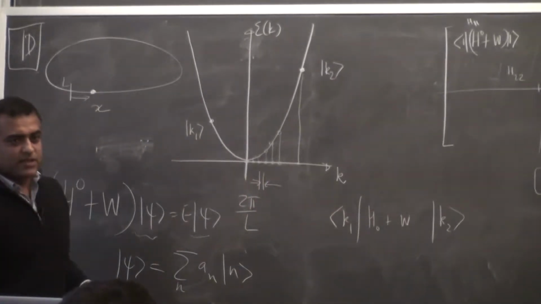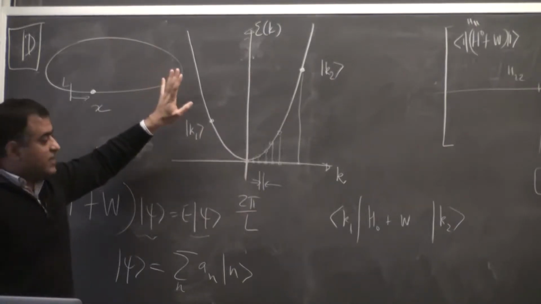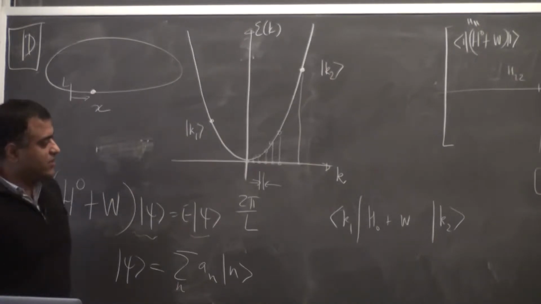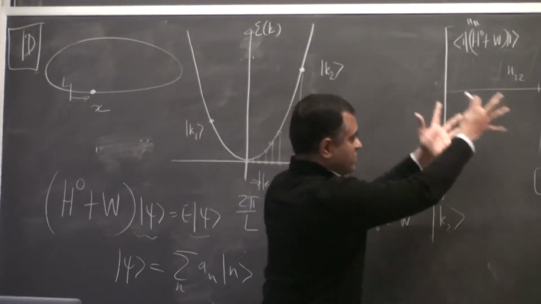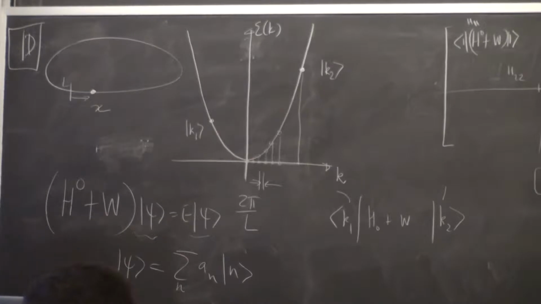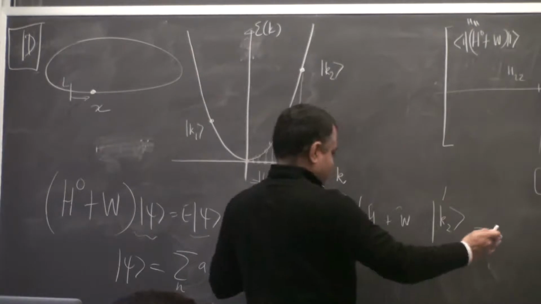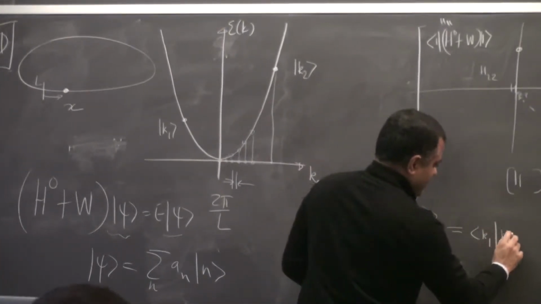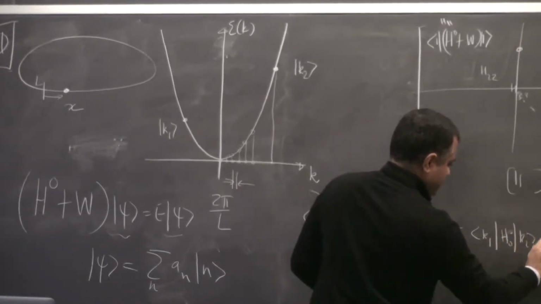Does that make sense? K2 could be anywhere there, and K1 could be anywhere here, and they could be the same too. I'm not placing any restriction on them right now. And the question is, what is that? Based on where K2 and K1 are, you find all your matrix elements. This is the most general term, so I'm going to find that now. Let's write it because it's clearly a sum of two terms. I can write it as K1 Hamiltonian H0 K2 plus